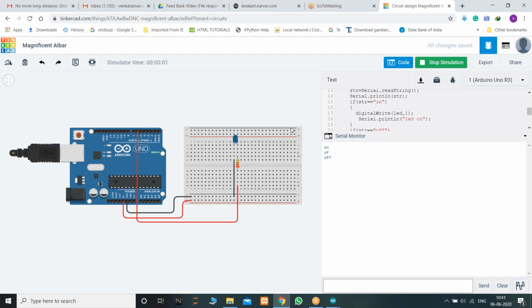Initially we didn't enter any instruction. I'm just turning it on. So it will display that the LED is turned on. If I give the turn off instruction, the LED will be turned off. Are we clear up to this? This is for controlling devices or LEDs based on the command line instructions of the serial monitor. Am I clear with this?